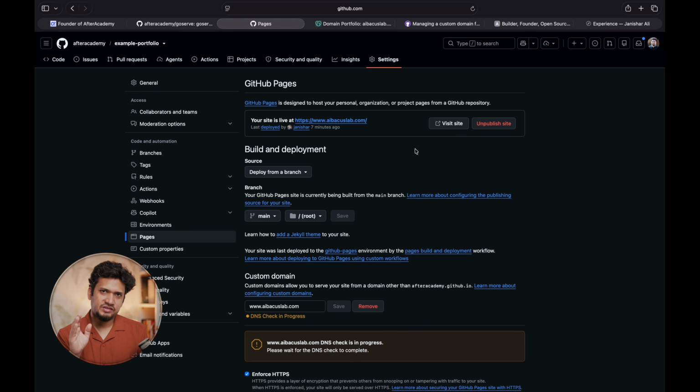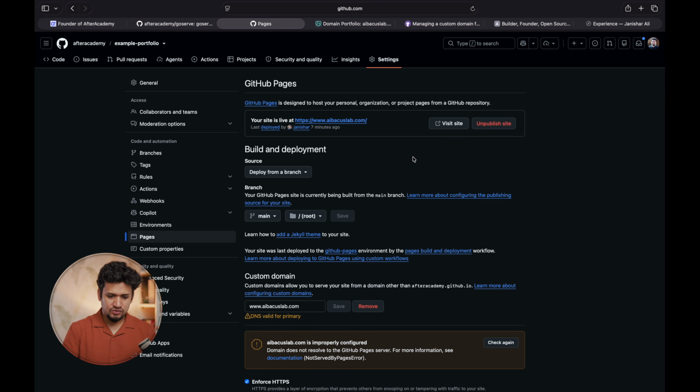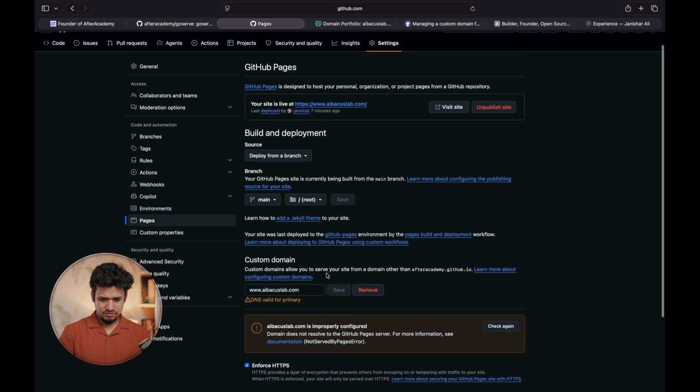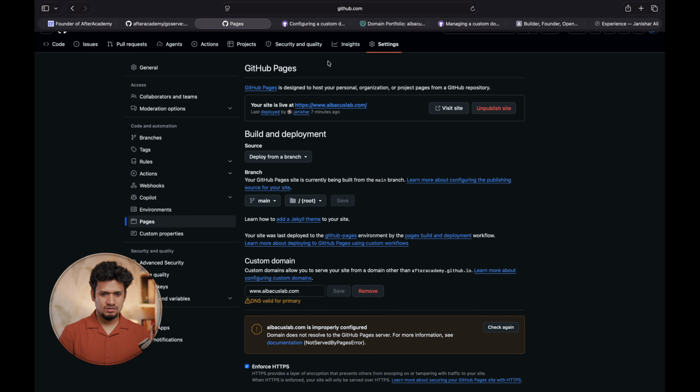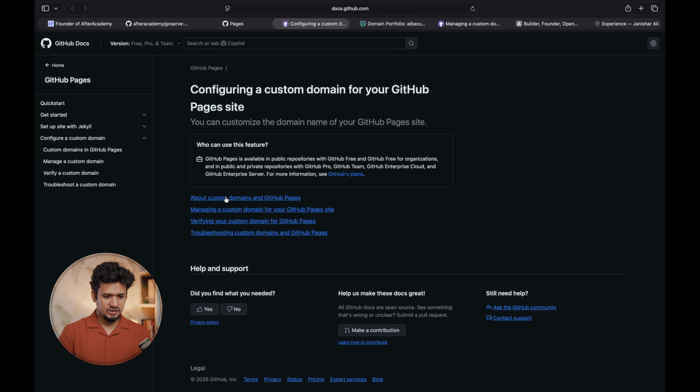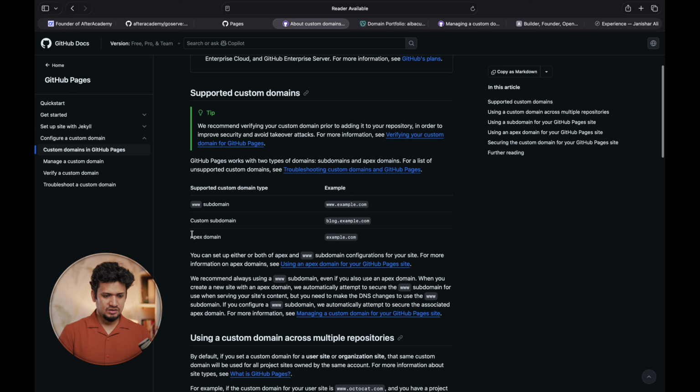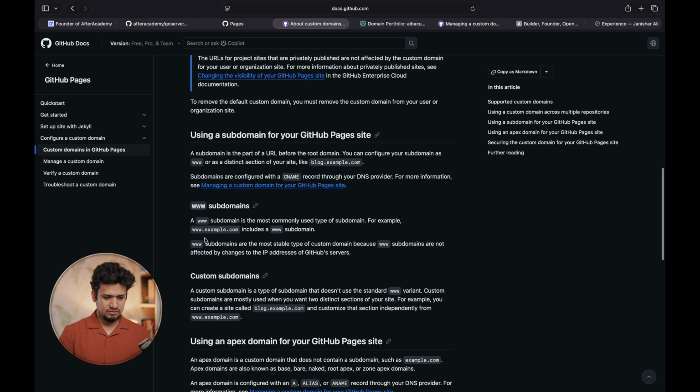Now let's do another thing. We have made the website accessible by a CNAME, www. Let's host it by the Apex domain name. If you go into the documentation, adding custom domain, there are options for a custom subdomain like www, and an Apex domain. Let's go to the Apex domain,